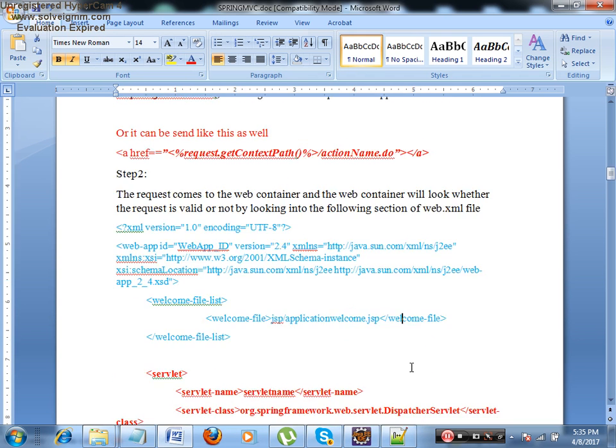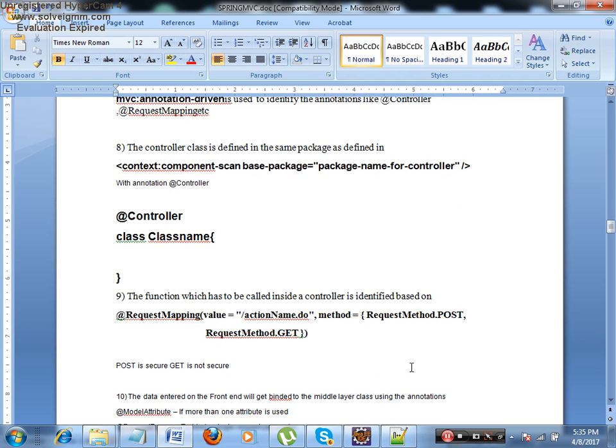And inside the controller, what we will have? At request mapping. Simple question. Whatever action name we have given on the form action, that should match with the at request mapping value. That's all. That was the answer. So this is how we identify which function of a controller will get called.